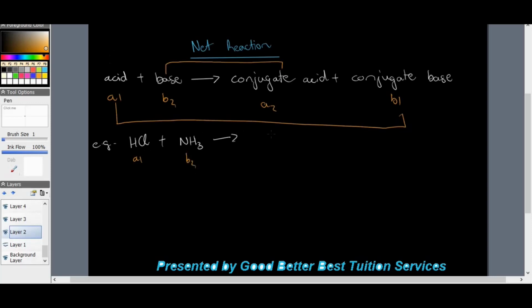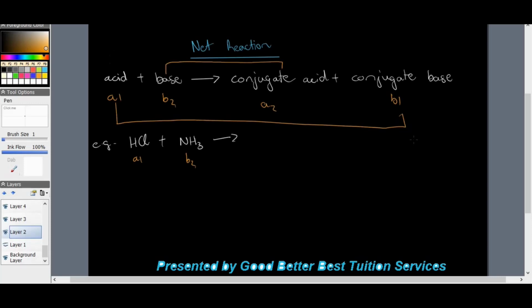This is a great way to denote things, because if they're asking you to find the products formed, the conjugate acid or the conjugate base, this works well. I've got A1 plus B2, so I must have A2 plus B1, or B1 plus A2 depending. So we have